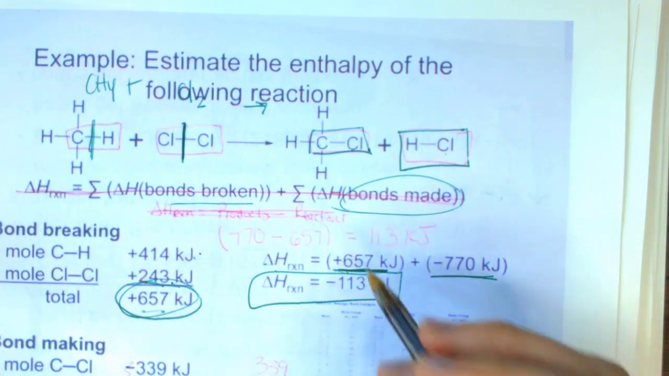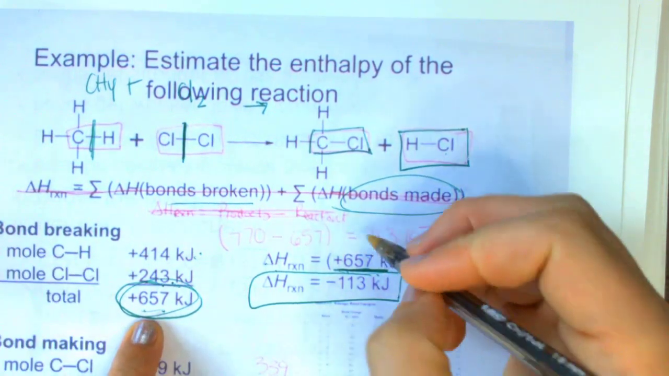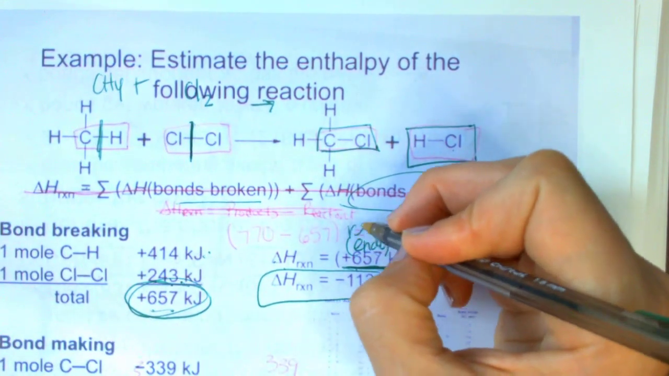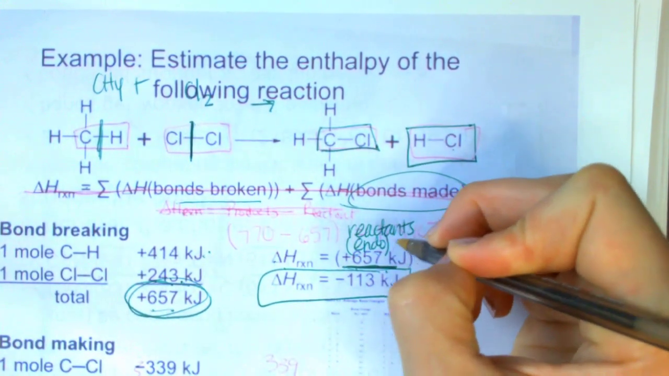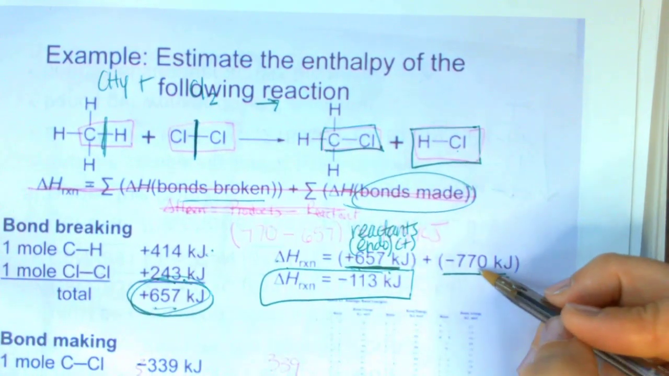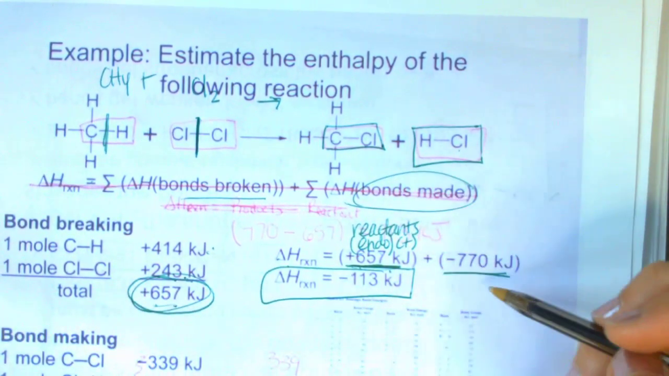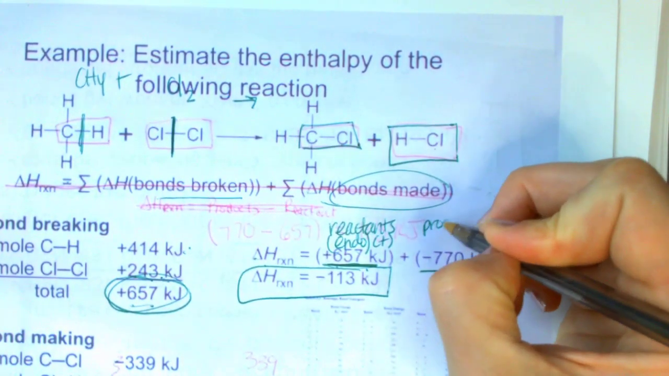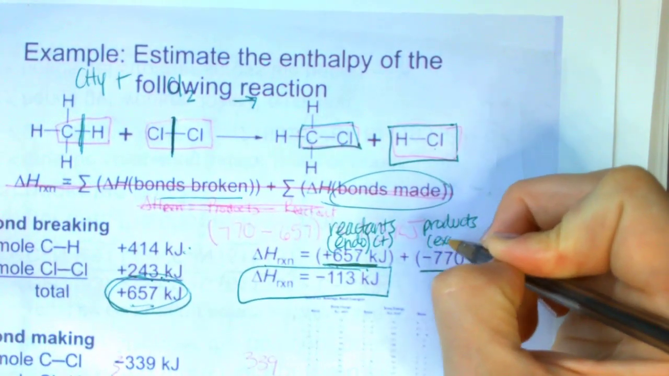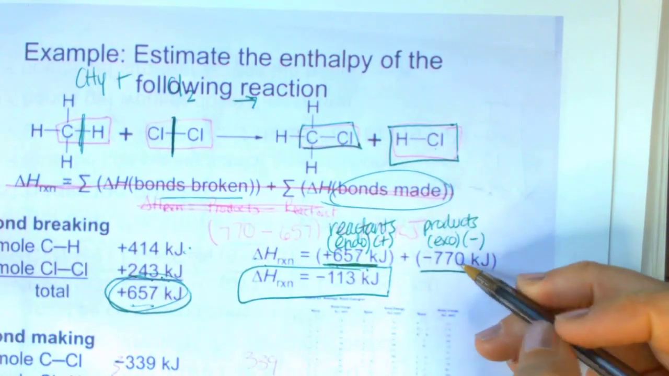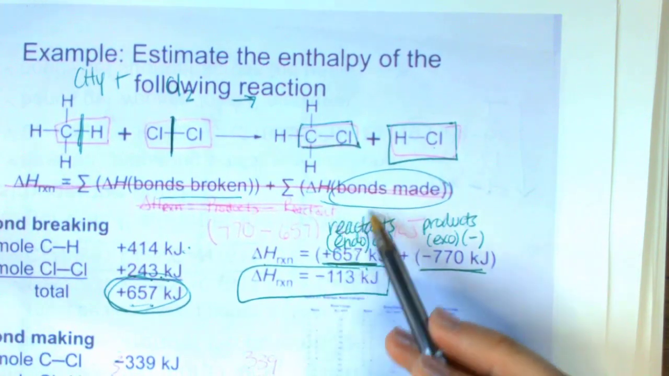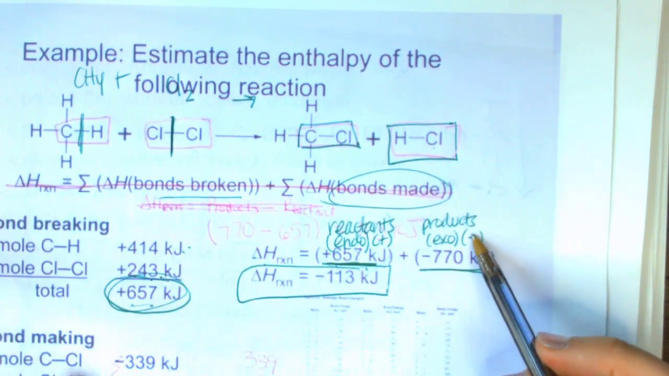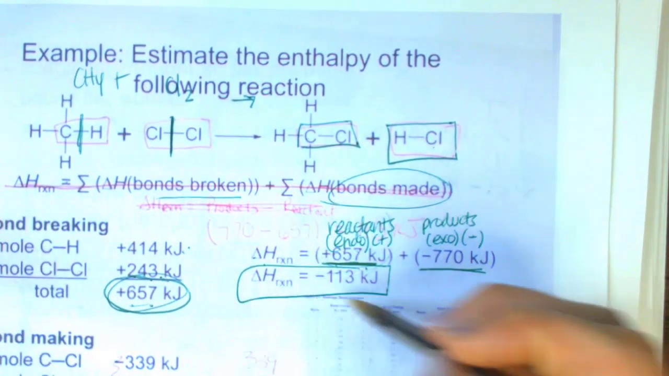So we've got our bonds breaking. This is our endo, and that is our reactants. This is our positive. And we're looking at our exothermic, our products, which is exo, which is negative. And when I look at my overall heat of reaction, looking at my reactants that are breaking and my products that are making, my overall heat of reaction